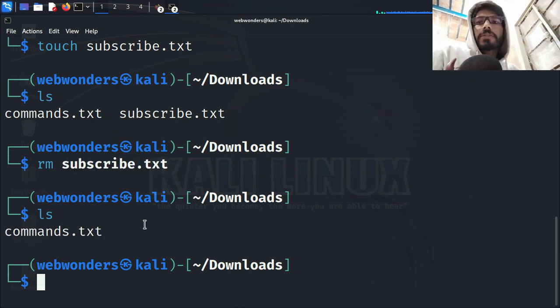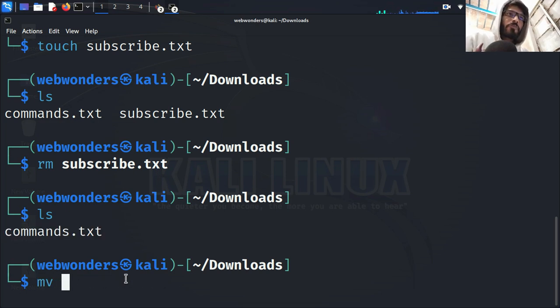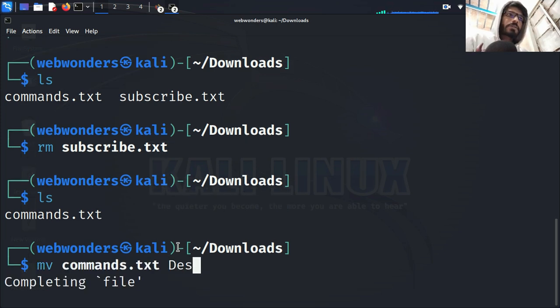There is no subscribe.txt. So now we are going to see how we can move a file from one location to another. So I am going to use the command mv and command.txt which exists inside the downloads folder. Here I am going to give the path desktop, and you can see that desktop is not inside the downloads folder. So I have to mention the path where the desktop is. I am going to use the home and /WebWonders,